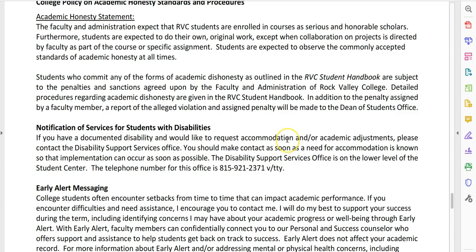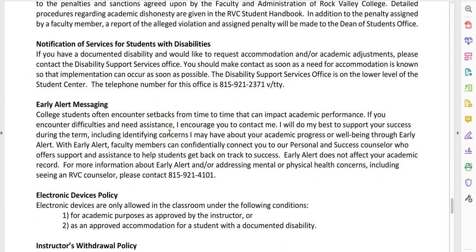So if you already have a disability on file with our great DSS office, let me know that you want to work with me and get those accommodations. We'll talk about what's reasonable and what we can do. And if you're not registered with the office but you have a disability, please contact them, and they're great folks. They'll work to get your disability documented with the college.